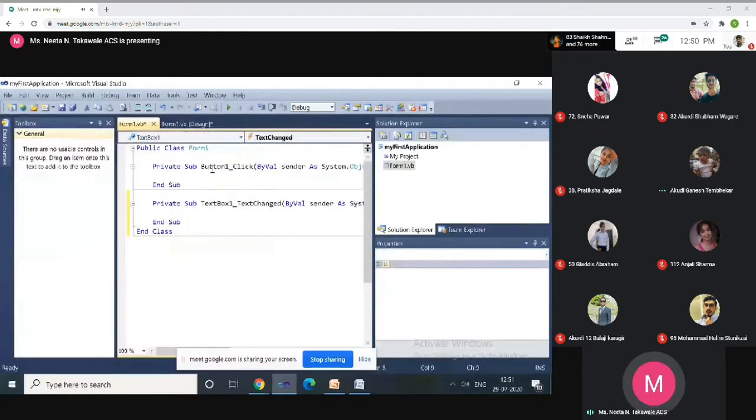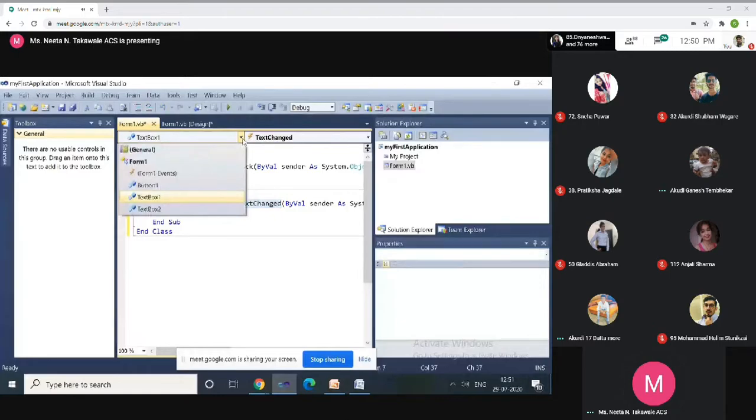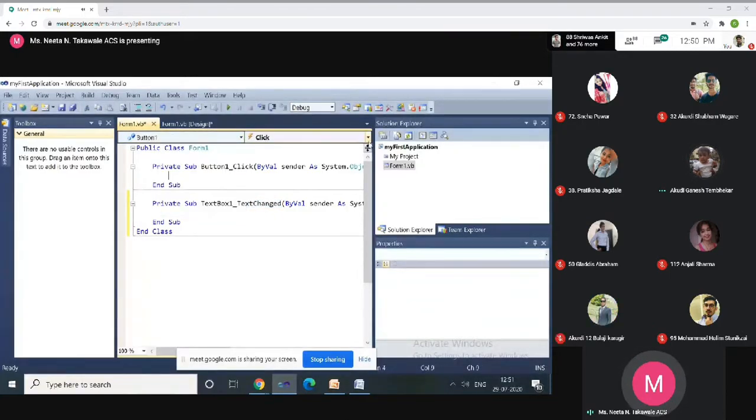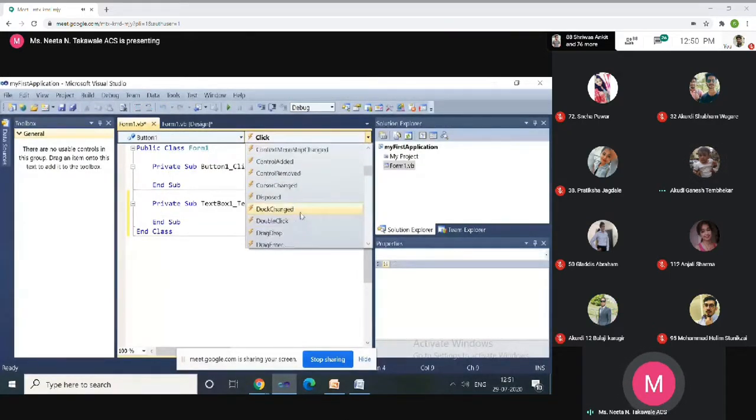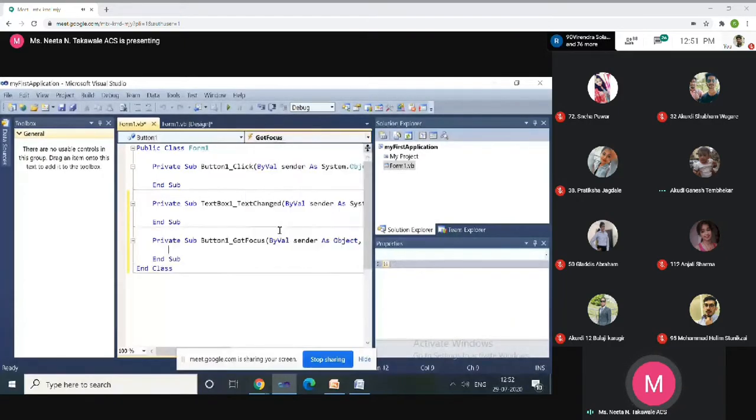If we double click on a text box, the default event for the text box is TextChanged. Clear? Now for Button1, I'm going to select another event, for example GotFocus. We'll select GotFocus.